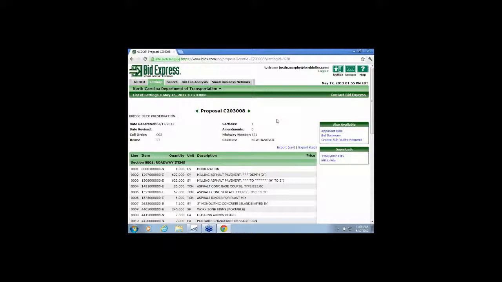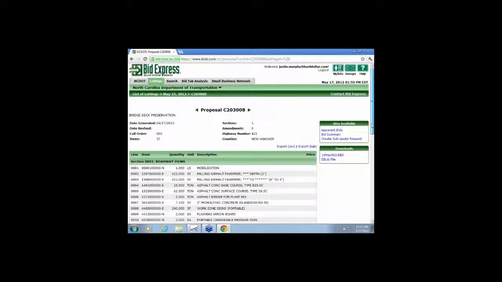Right now I'm on the BidExpress website looking at the North Carolina Department of Transportation. I zeroed in on this proposal. It's a bridge deck preservation. NCDOT has identified 37 bid items for this particular project, and what I want to show you is being able to essentially leverage historic estimates